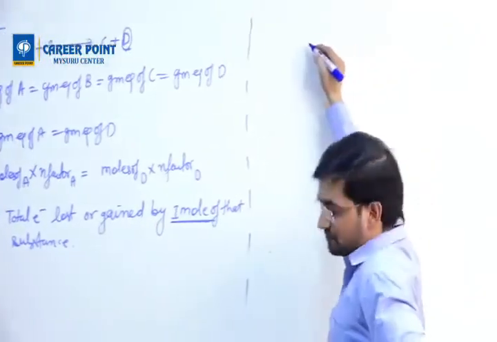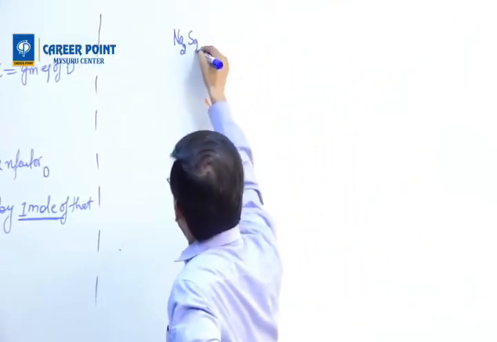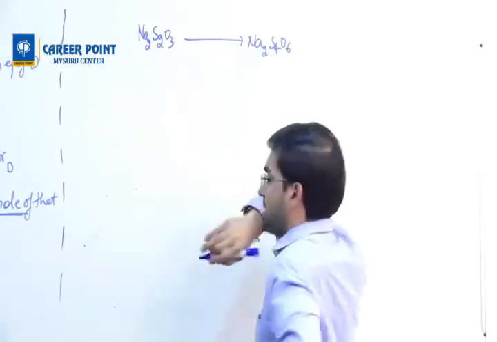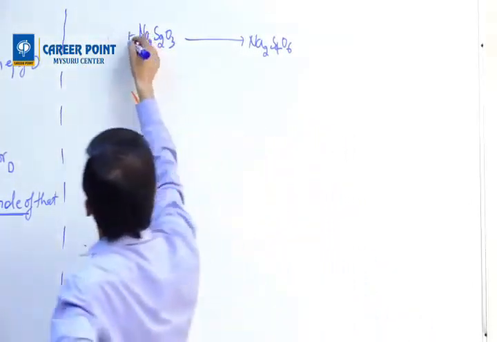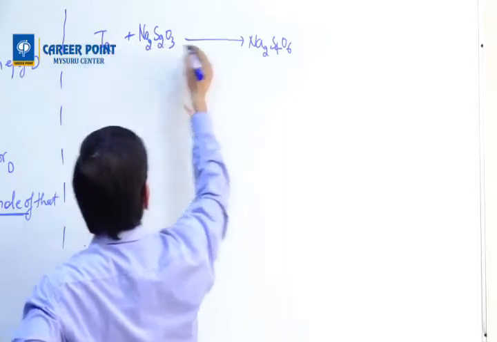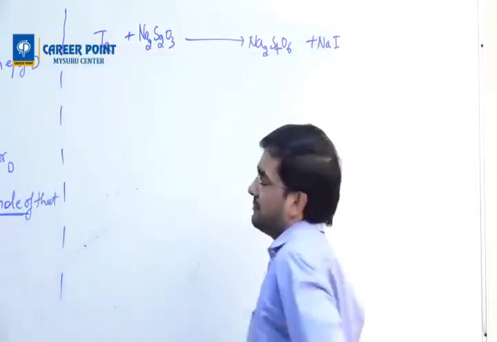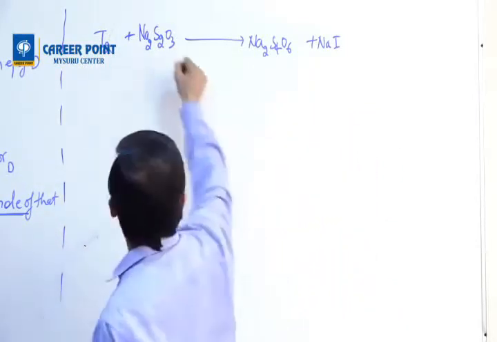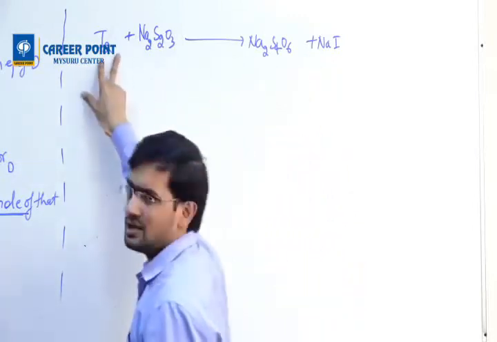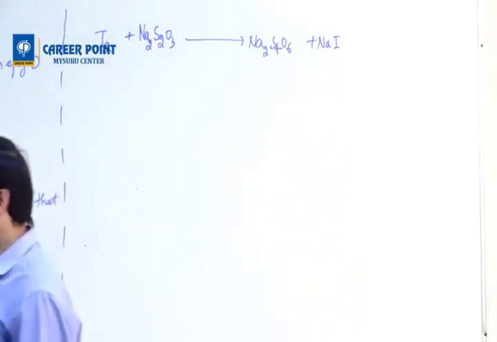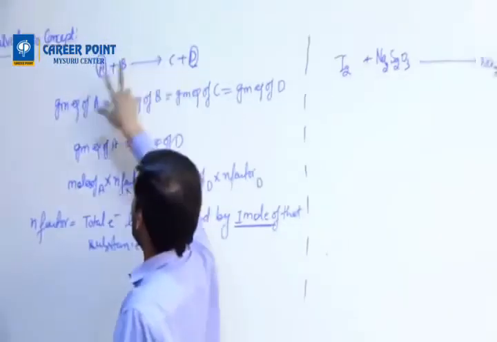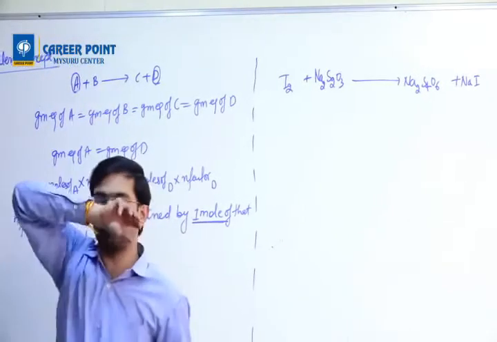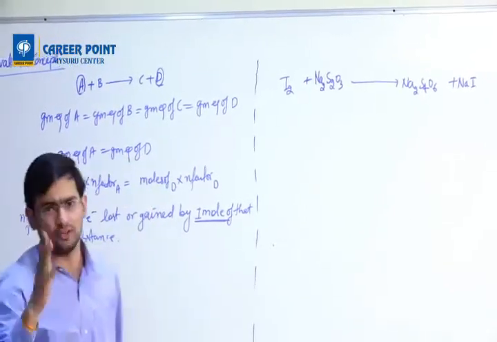Now you see here, such as Na2S2O3 converts into Na2S4O6, and you can write something like this: I2 + 2NaI. This is a reaction. They will give you Na2S2O3 and ask something related to NaI, or they will give you this. It is not necessary that every time they will ask reactant and product. They can give one of the reactants and ask another reactant, or give one reactant and ask one of the products. So we have to prepare for everything.